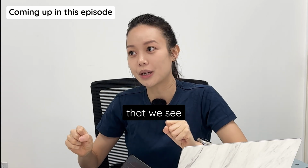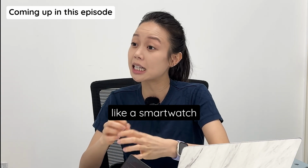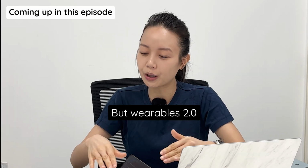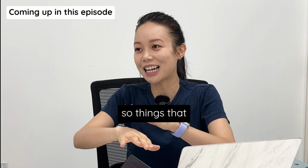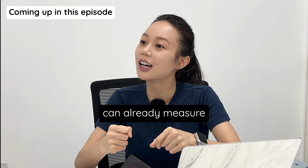The current wearables that we see, Wearables 1.0, is like a hard device, like a smartwatch, a smart ring, or any other device, and it has a relatively hard shell. But Wearables 2.0 is really looking at softer electronics and skin conformable devices. So things that stick on like a patch on your skin, and then it can already measure